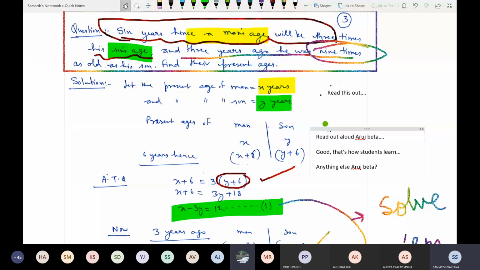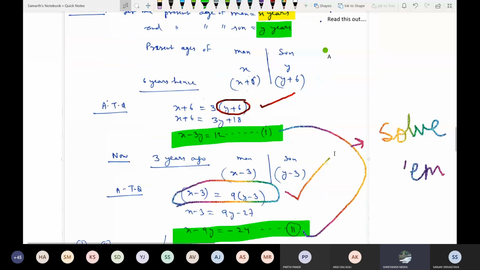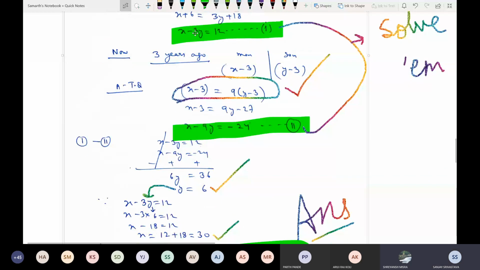Sir, one question. Shreyansh, yes. In the division, it's written that 6y is equal to 36, sir. So can we cancel 6y and 36 directly? This is a simple calculation here. 6y is equal to 36, that means y is equal to 36 upon 6, and you can proceed, so y is equal to 6. You can cancel like this, you can write it.